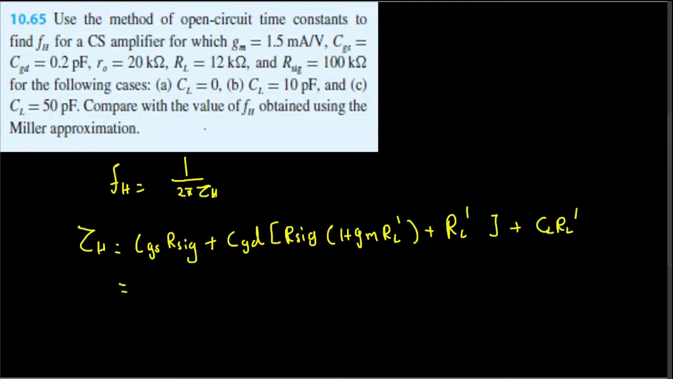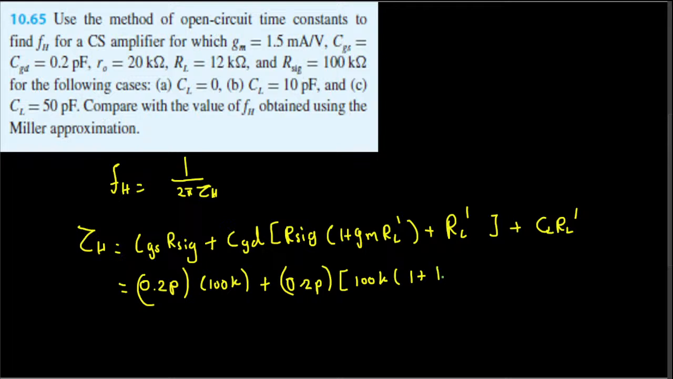Since we have all the values readily available, we just have to plug them in and find the answer. So here the CGS value is provided to us, that is 0.2 picofarad. So 0.2 pico right here, and then Rsig is provided to us, that is 100k. Okay, that is for the first one, and then CGD, that is also 0.2 pico. Plug that in here, and then Rsig again 100k, and then times 1 plus gm, which is also provided, that is 1.5 milli, and then RL prime is